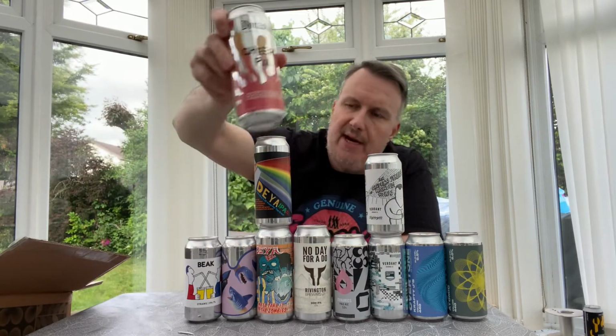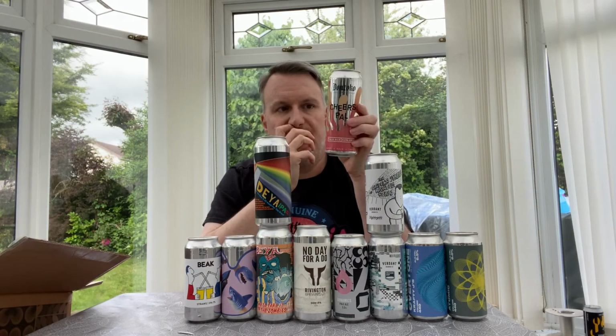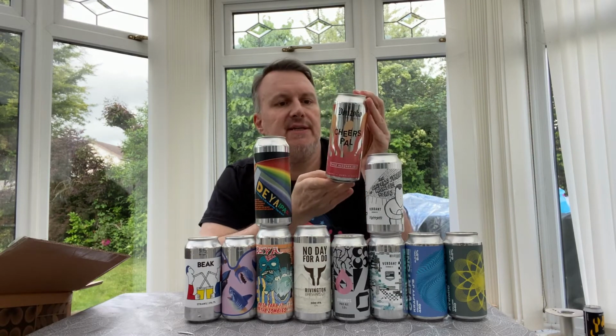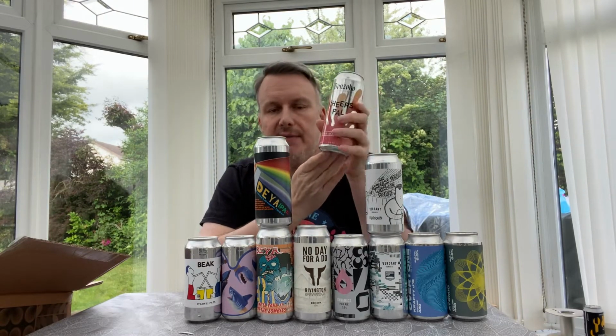Next one. Okay, we got a beer from Zonko. I saw this one because I had a beer, I don't even think it was last year or the year before, but they're more known for their lagers, basically. But this one is called...